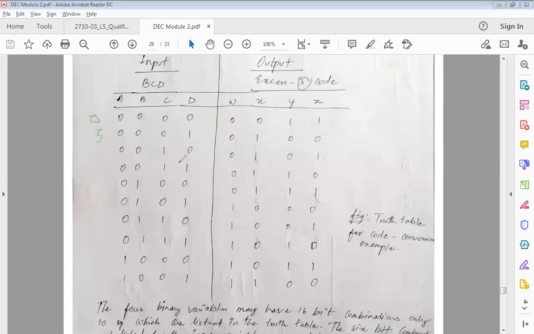Students, respond. How much is 0 plus 3? The normal addition, 3, right? So isn't this 3 here? This is 3, right? So you have 2 and you have 1. 2 plus 1, 3. Right? So let us take